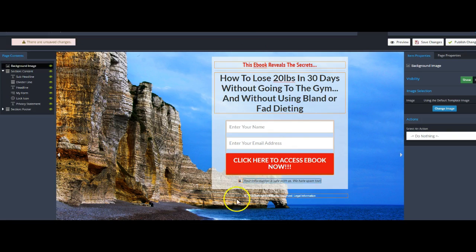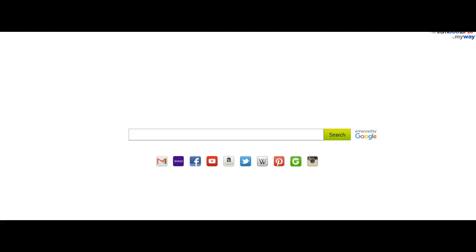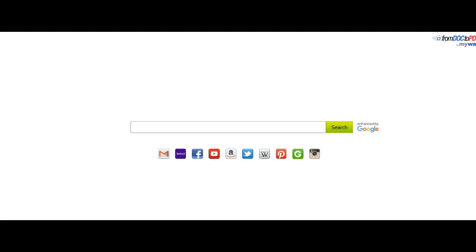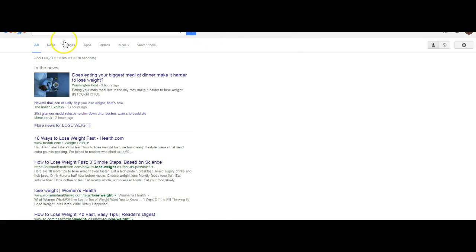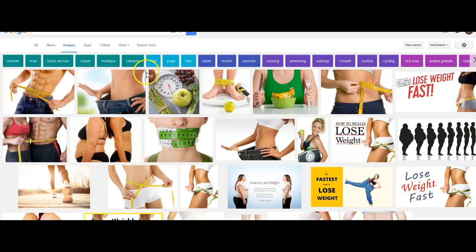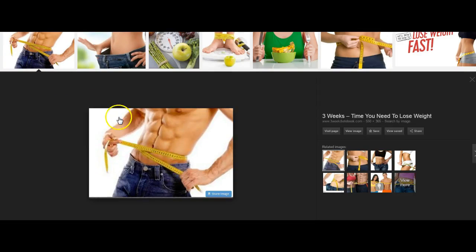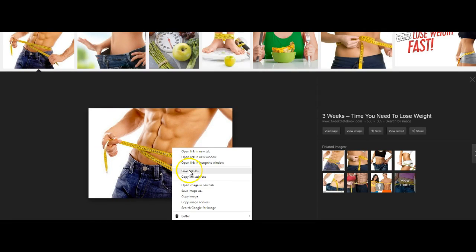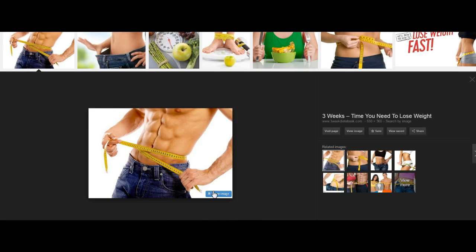I actually wanted to show you too. If I want to change this background image, I can do it as simply as this. Let's go to Google right quick, our friend Google. I'm going to type in lose weight. Go over here to images, see what I get. Cool, so here's my buddy Jack. Jack's going to have abs soon. So I'm going to save this image as. Maybe if my computer hurries up.